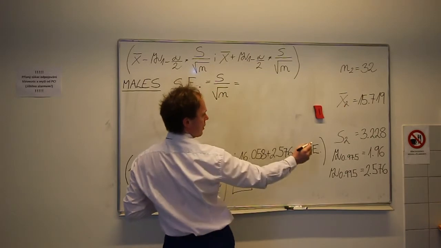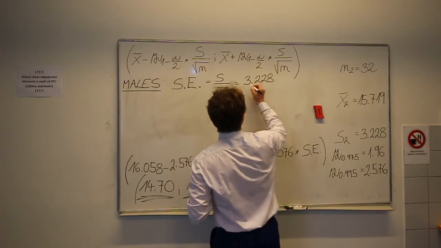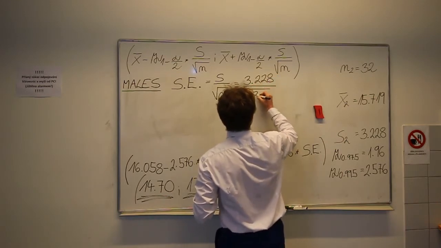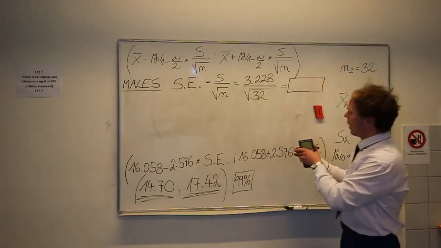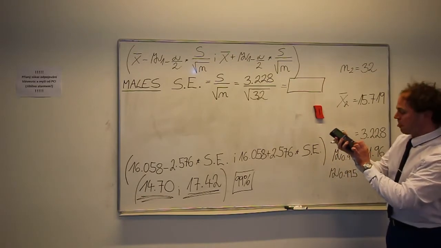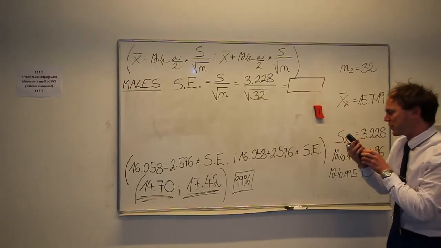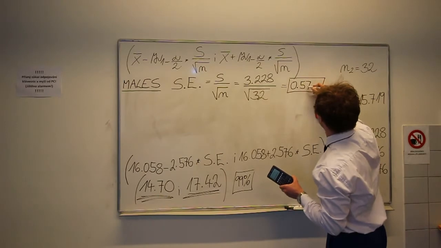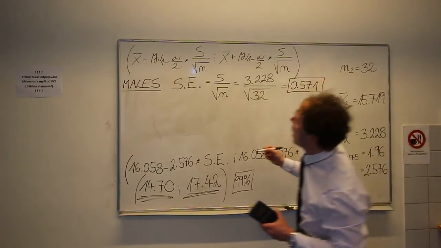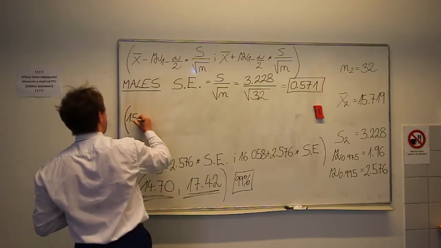In our situation, 3.228 divided by square root of 32 males, and there will be calculated this sample error, 0.571. Okay, and now the mean for males, 15.719 minus